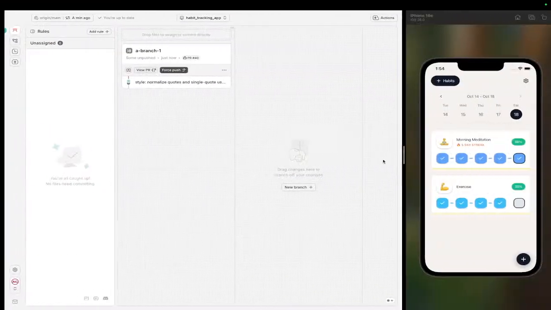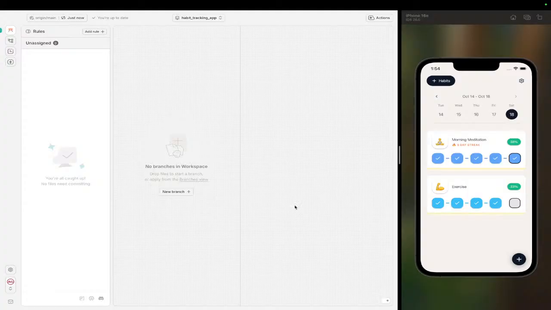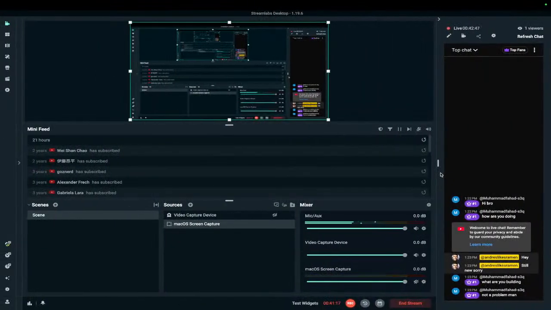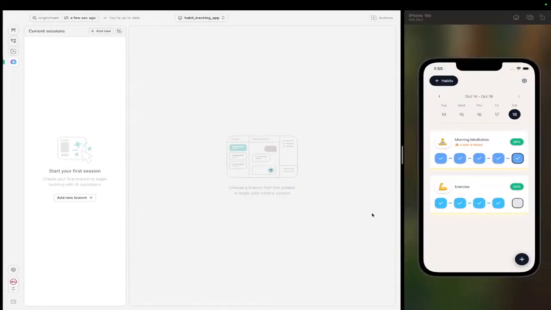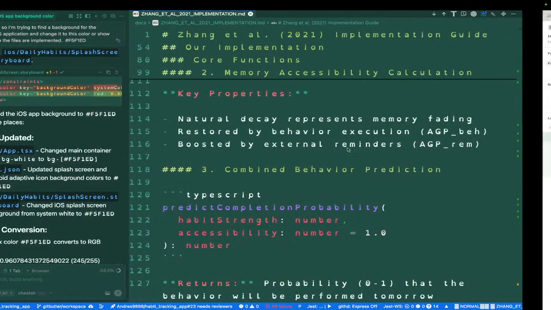Okay, this one should be removed. Okay, let's semi-start from not scratch, but let me see how this looks on my phone. F. Okay, so